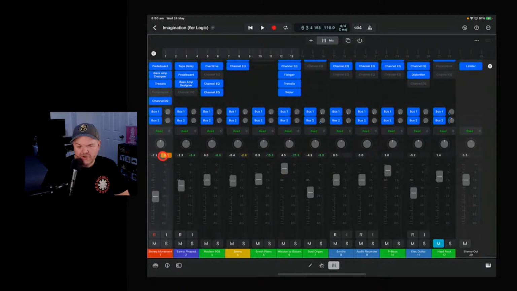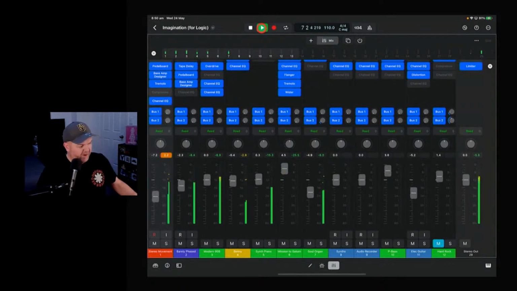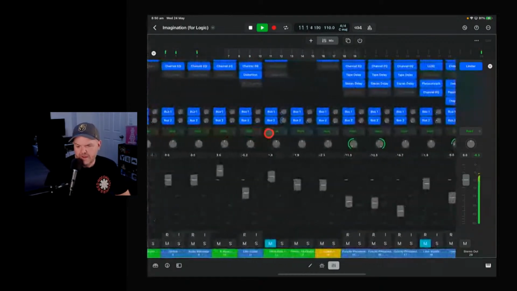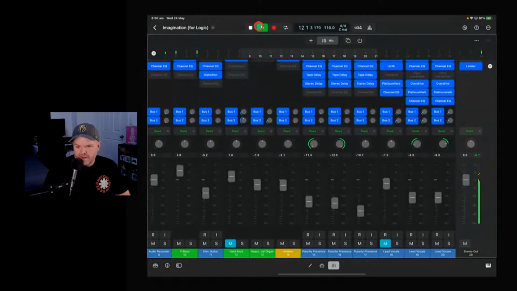Again, you've got your clip control there that we talked about before, so that when you play and you turn your volume up, I can quickly identify, I'm like, oh, why are my vocals not coming in? Oh, that's why, because they're muted down here. So we can unmute my vocals there.